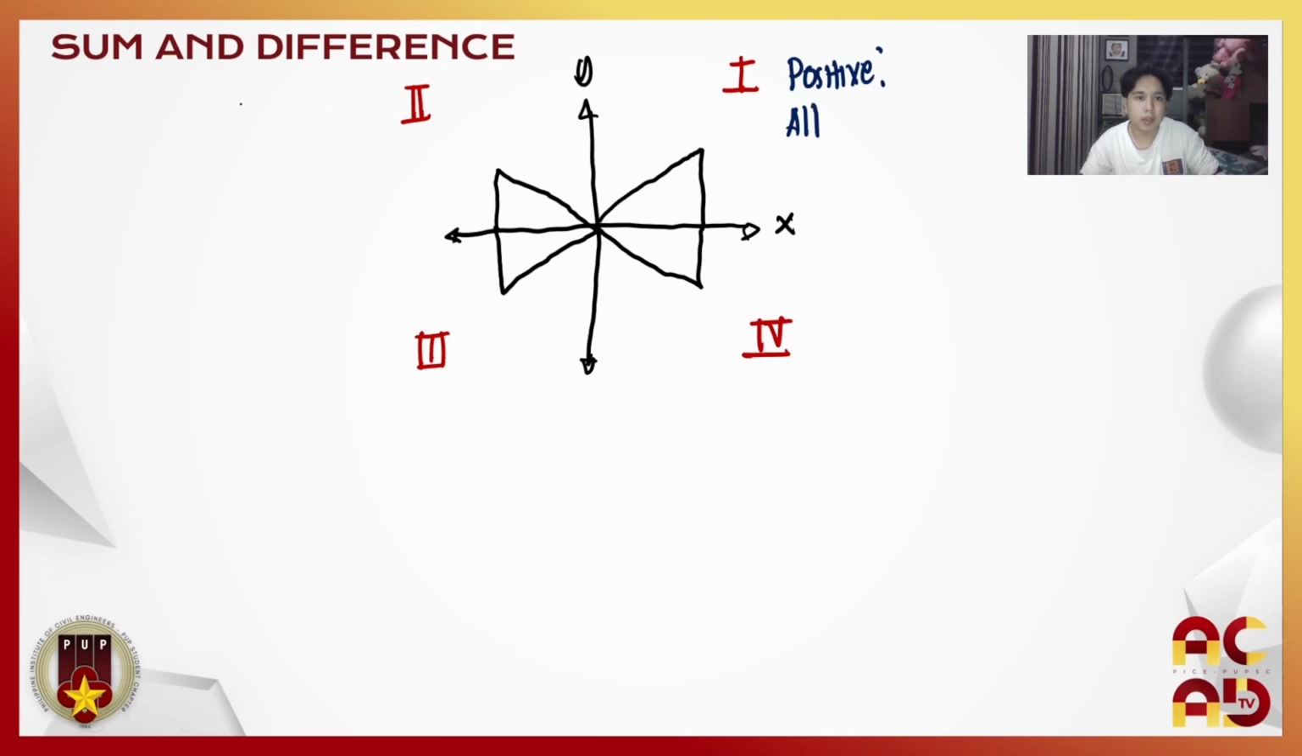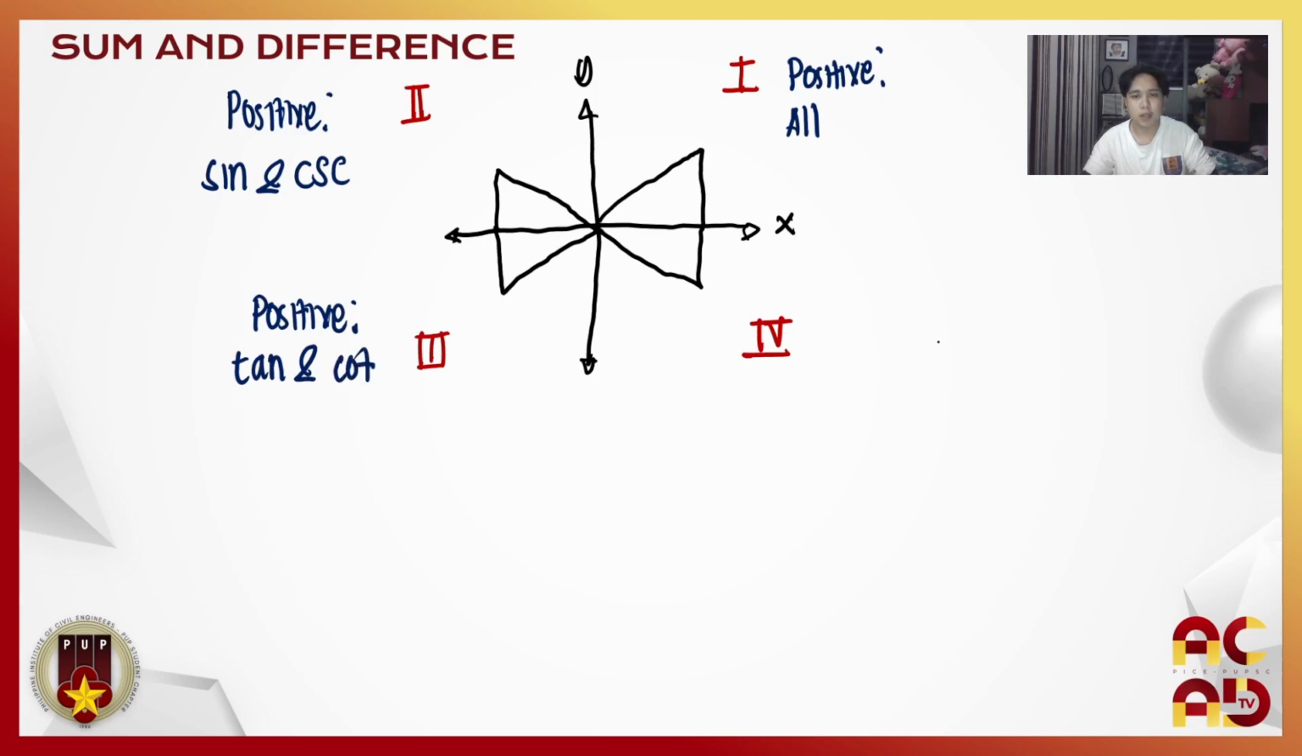While dito sa quadrant 2, lahat ng positive dito ay sine and cosecant. While dito sa quadrant 3, lahat ng positive dito is tangent and cotangent. While dito sa quadrant 4, lahat ng positive dito is cosine and secant. Ayan. And then, di ba, may given tayo